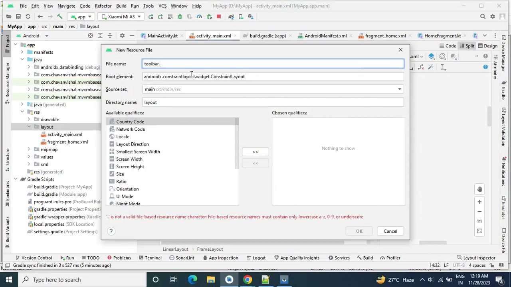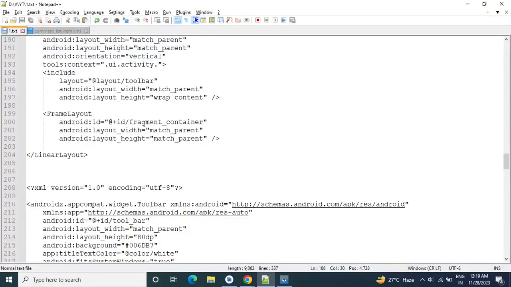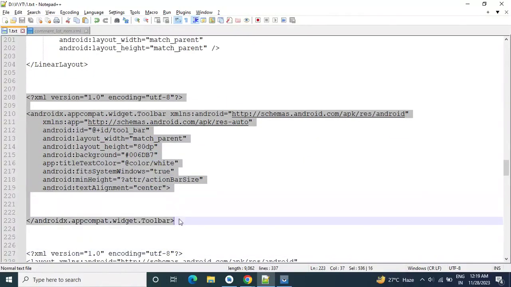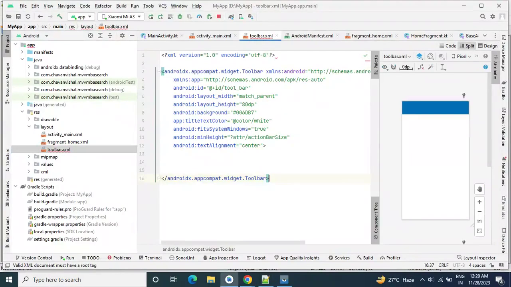Toolbar.xml. Okay, now I am copying the code of the toolbar also. So this is our toolbar.